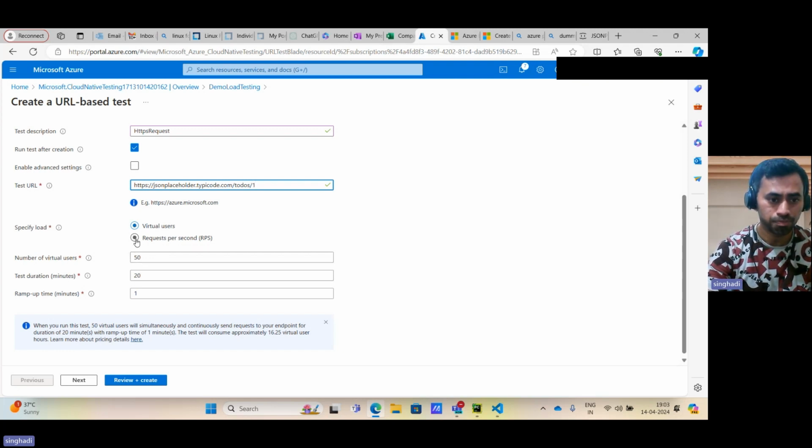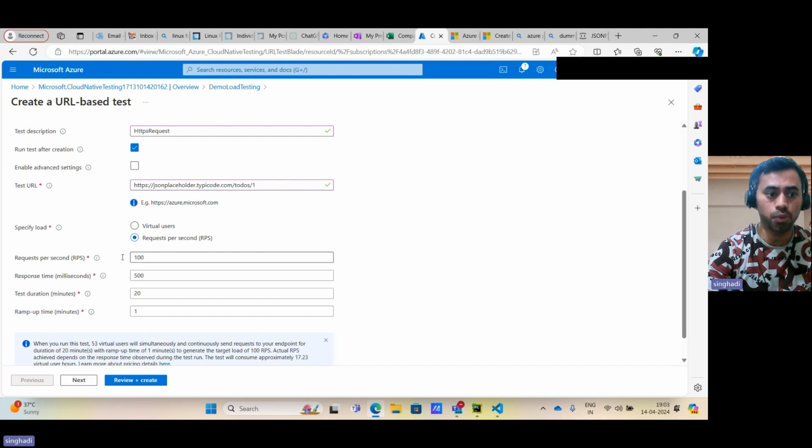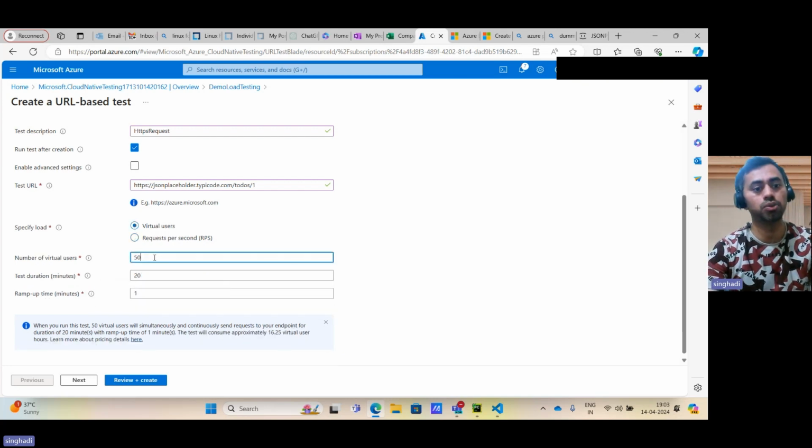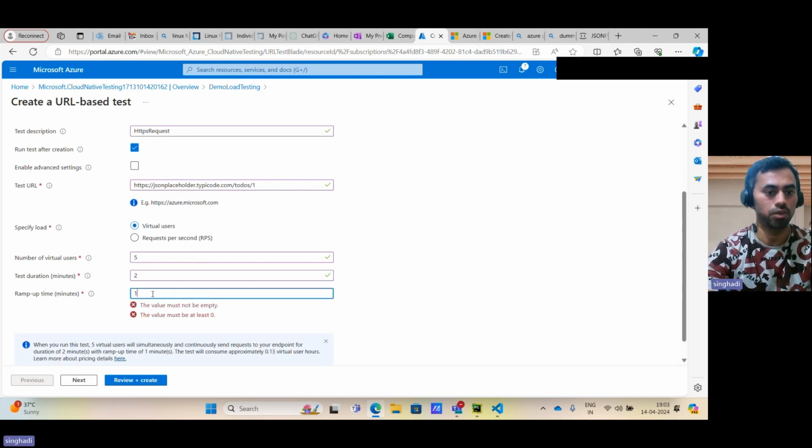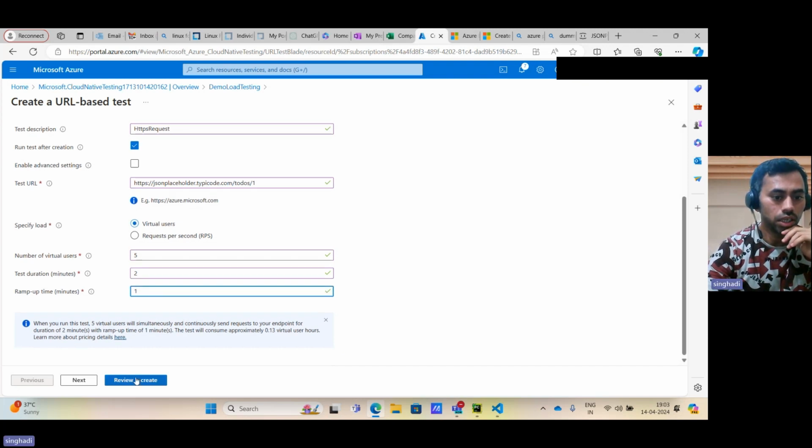In requests per second, you can configure how many requests you want to hit per second, and you can configure the response time for the particular API. If it is greater than that, the test will fail. Then the test duration, and again the ramp up time. So let's go with virtual users. Instead of 50, just give 5, and for test duration give 2 minutes, and ramp up time, let's say 30. Yeah, 1 minute only. So let's create it